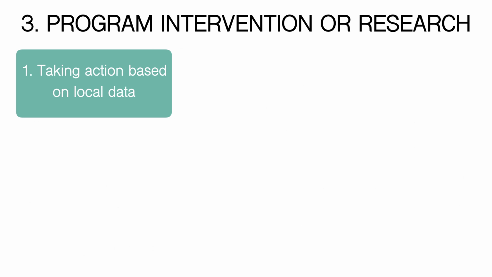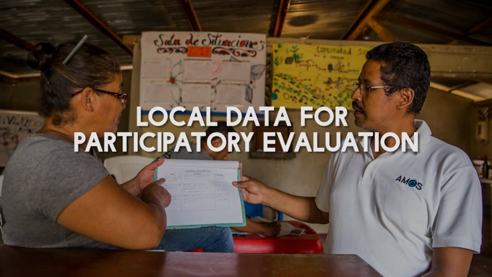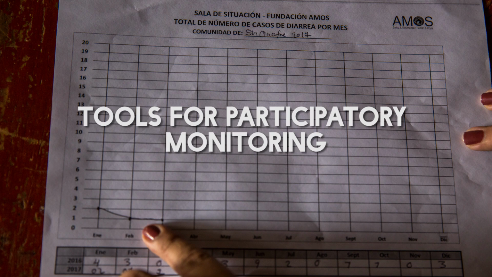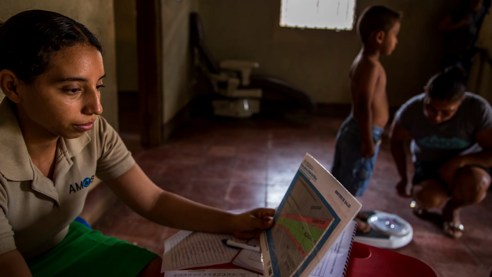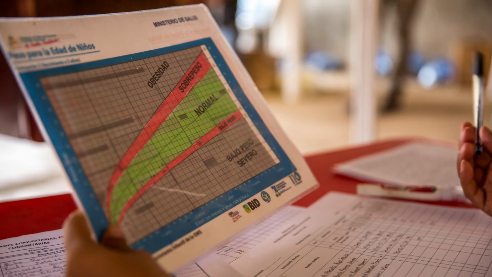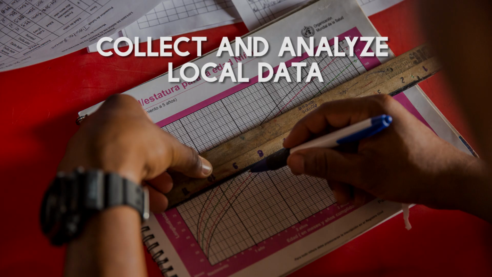Principle number 1, taking action based on local data. AMOS helps communities to collect and analyze their own local data using simple tools like simple graphs to track diarrhea and community maps to identify the most vulnerable people like malnourished children or children with anemia. Timotea and the Health Committee's own knowledge and understanding of the causes of malnutrition in San Onofre is key to this analysis. Here, Socorro is working with Timotea and her Health Committee to collect and analyze nutrition data that the